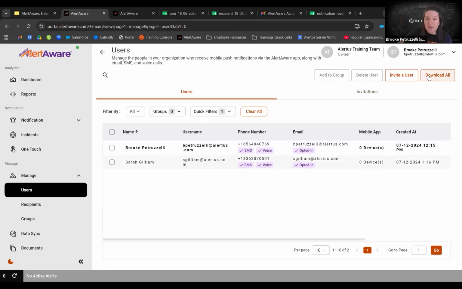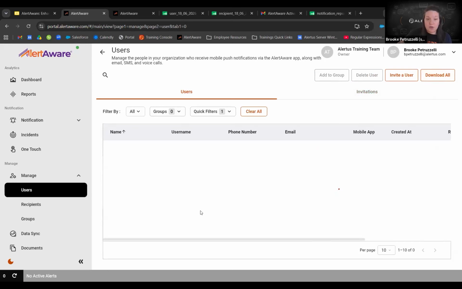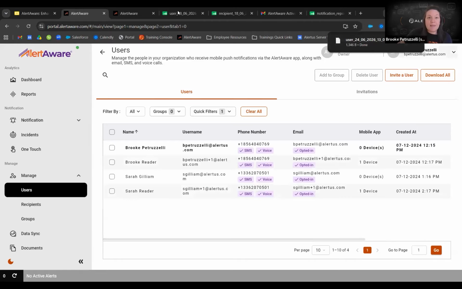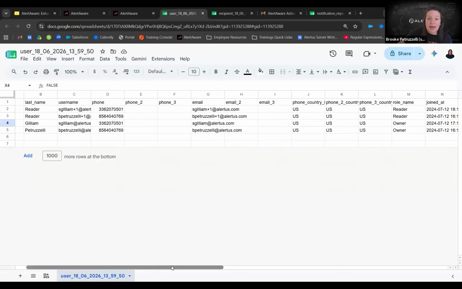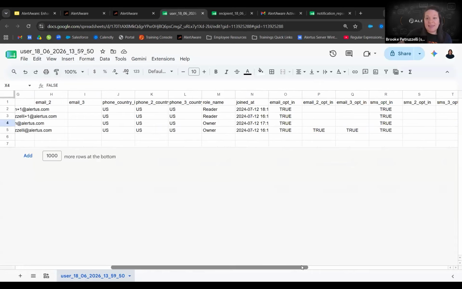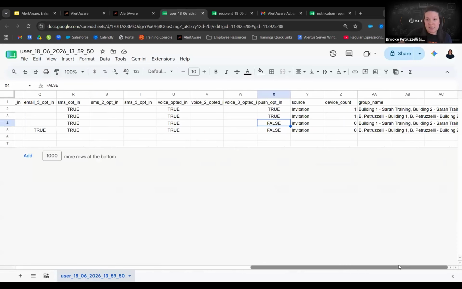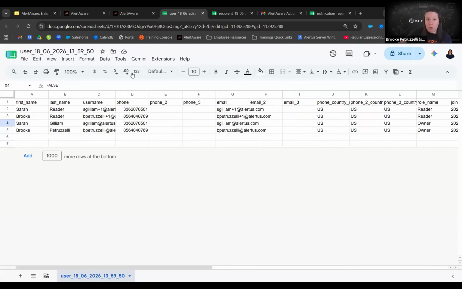So if I click download all, which will download the users that I have in that quick filter, we will see that once this loads, I will see a success. Your user information has downloaded successfully, and then I'll see it up here. I have one that I pulled up from a download a few days ago just for quick access here so I can show you. But you can see that it has all of the information that we saw on that report. The name, the phone numbers, information for contact, as well as what they have opted in and out of, and any specific source or group information that we see up here at the top. So if you want to view users via this way, then you are able to pull that report directly from